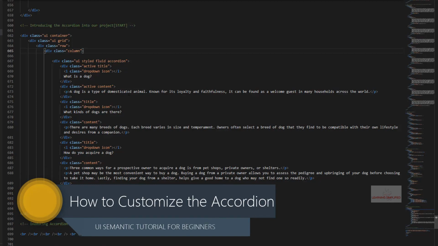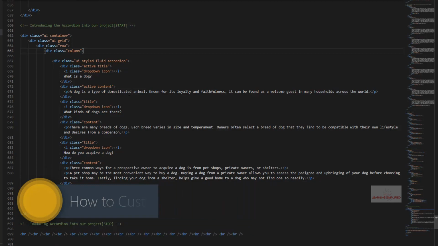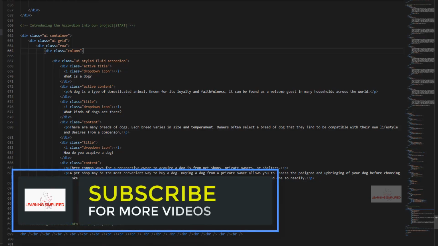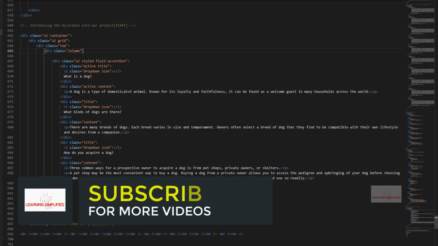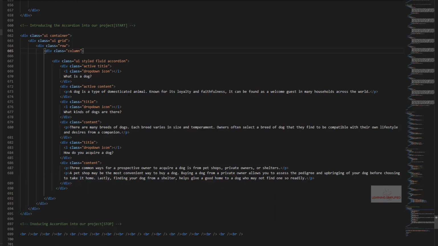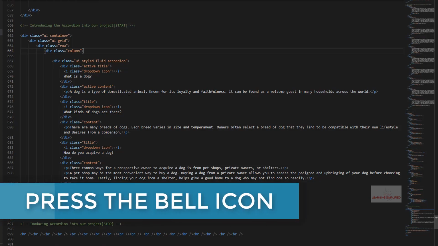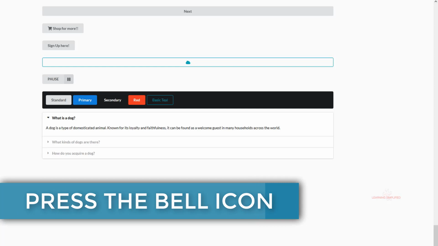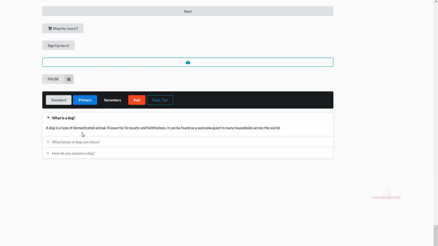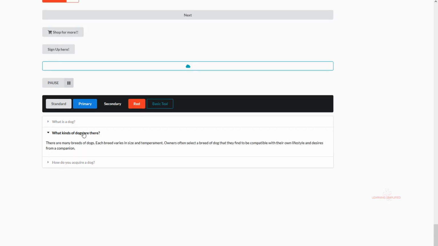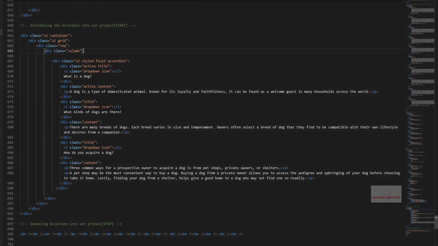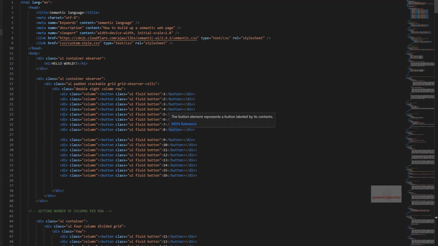Now in this tutorial, before we proceed into other UI semantic components, the first thing that we are going to do is learn how to customize the featured components that we had introduced into our project, and we will be starting with the accordion that we had implemented so far. This is the accordion, and here we can see that here comes the title and here comes the body part of this accordion. Now if we head back to our project,